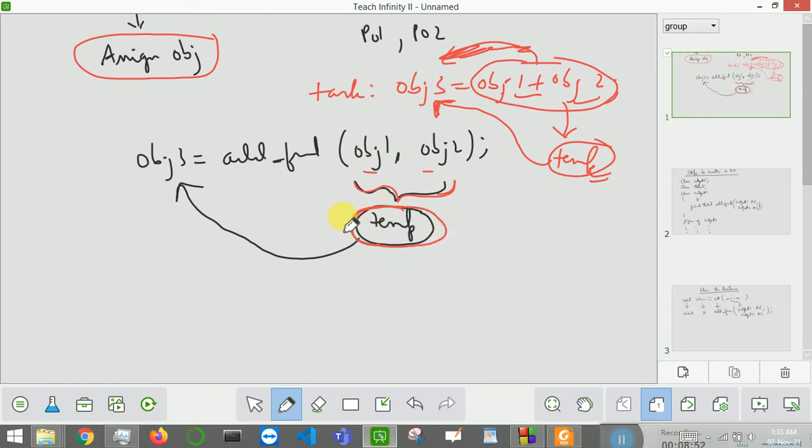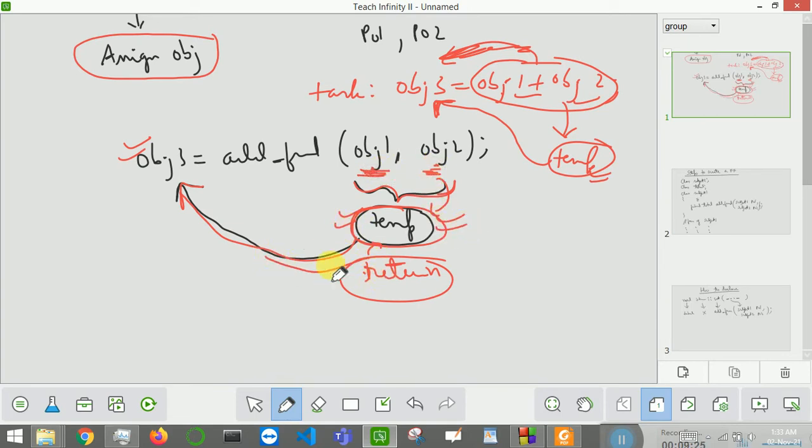This temporary object should be of the same class as the assigning object. You will add the passing objects to the temporary object, and then you will return this temporary object. So your returning object will be your temporary object. What is your temporary object? You will add the marks of object 1 and object 2 to this temporary object, and then you will return it.